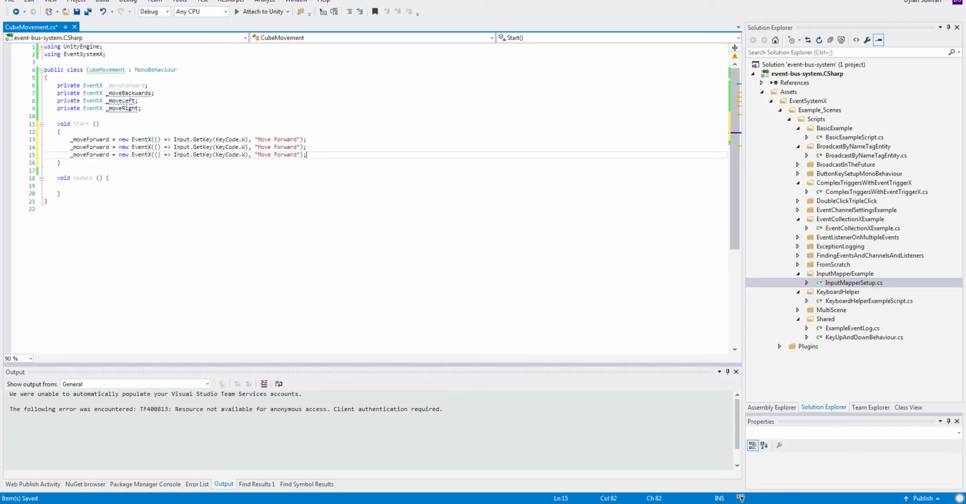I'm going to copy paste this 4 times. Move backwards. Move left, not right. And move right. This will be S. This will be A. This will be D. Okay. I'm also going to need to add these to the